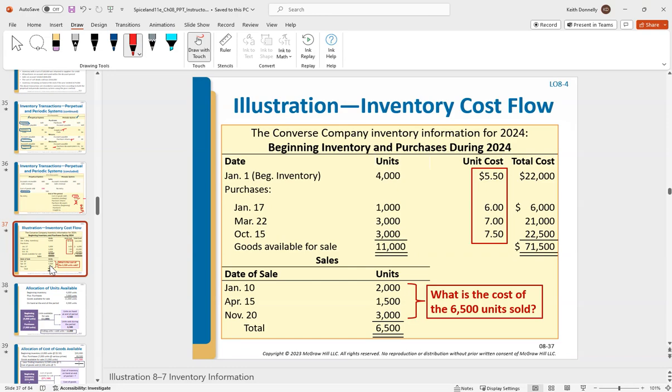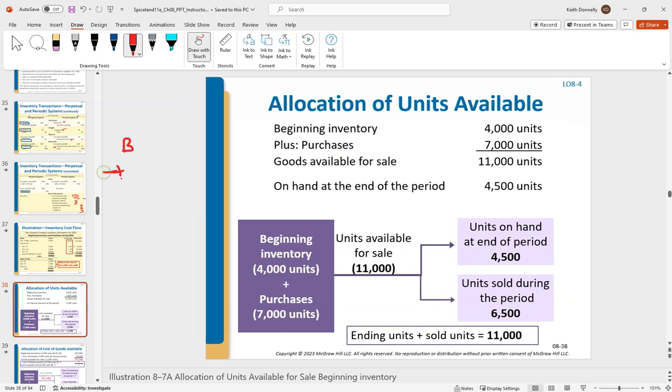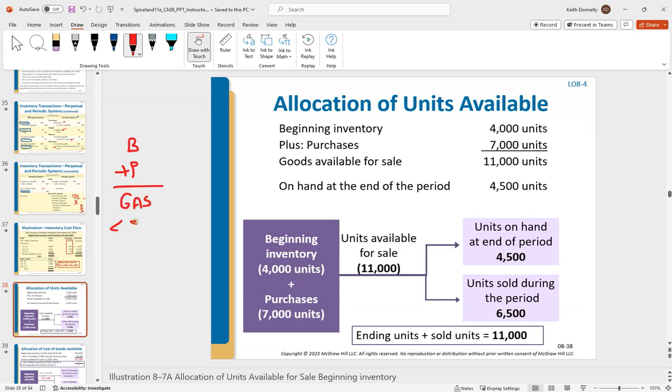Okay, so continuing here, we know a sort of physical flow of the inventory. If you think about it, your beginning inventory plus your purchases get you your goods available for sale. You back out your cost of goods sold, and that gets you your ending inventory. So if we thought about this from a physical unit point of view, just raw units,